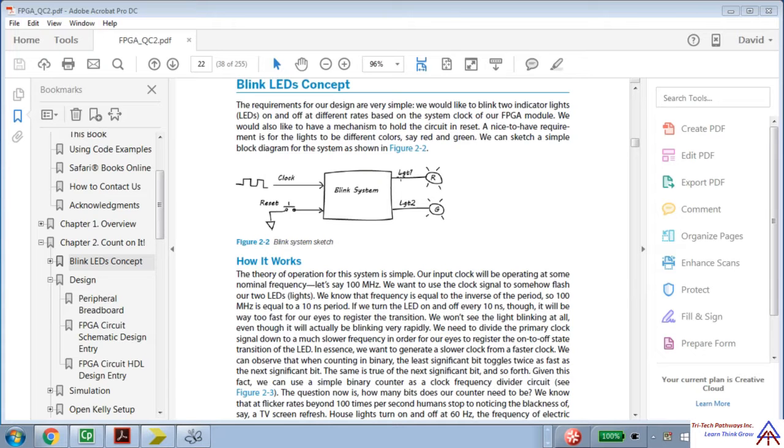We took a couple of the signals off the counter, and we used those to drive a red and green LED at different frequencies. And we had a clock input, and we also had a reset push button in that design. We're going to simplify that a little bit,